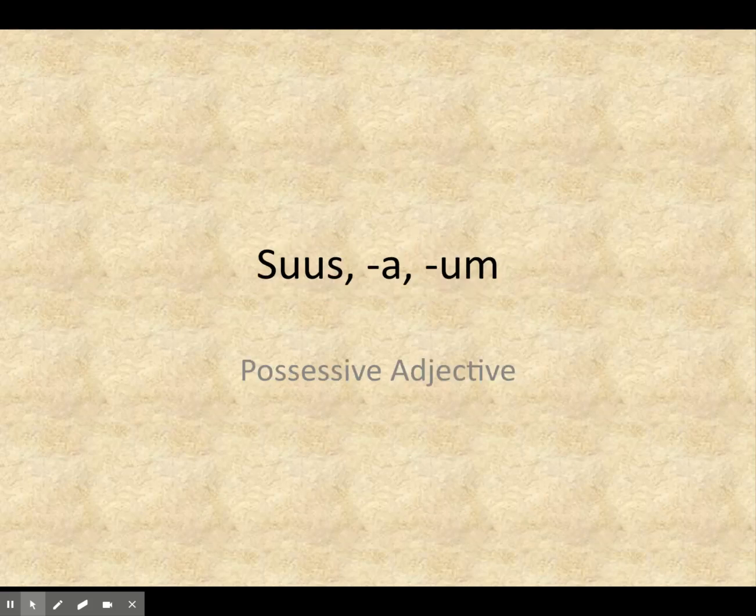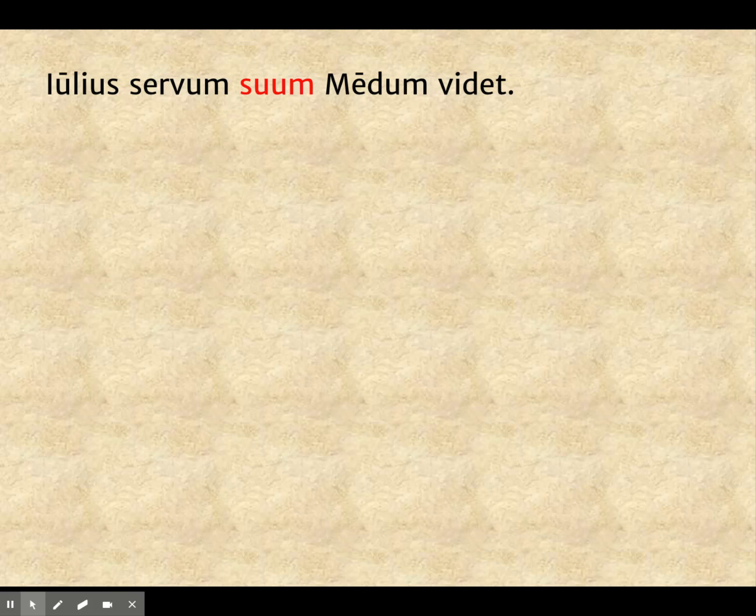Now I want to start with this possessive adjective suus. So you're probably going to see spellings like suum and suo because it's an adjective and it wants to rhyme. So anyway, here's our first sentence. Julius servum suum magistrum videt. First question I'm going to ask you is about the subject. I'm going to say quis magistrum videt. All right, quis wants to know what person did the action, magistrum videt.